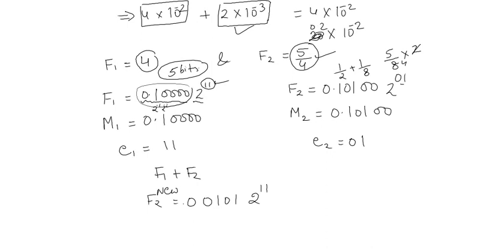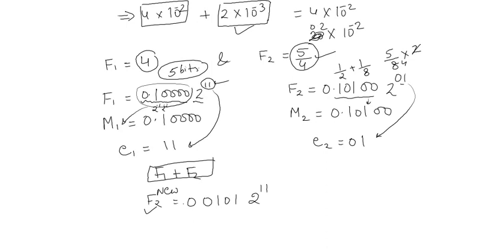So in this particular case your Mantissa is this part and the exponent is this part, and in this case the Mantissa is this one and the exponent is this one. Now when you want to add these two numbers in a floating point processor, I cannot add them since the exponent is not the same. So I have to modify the exponent. Which one will I modify? Obviously the smaller one. So I have to modify the f2.